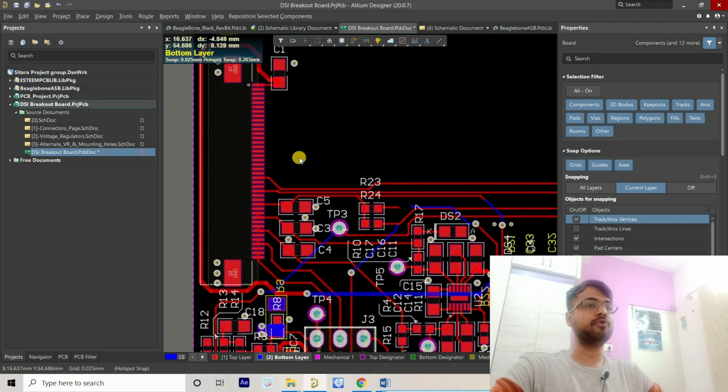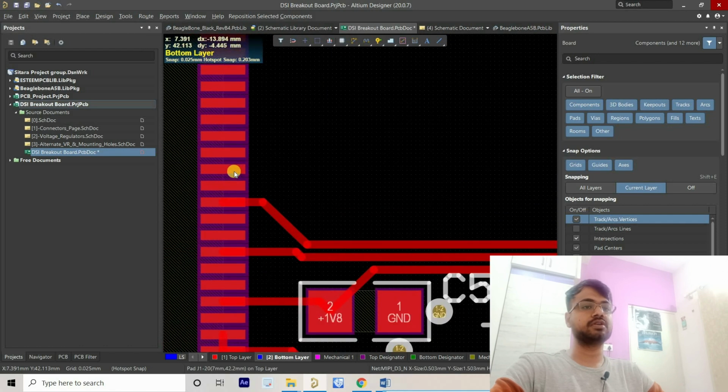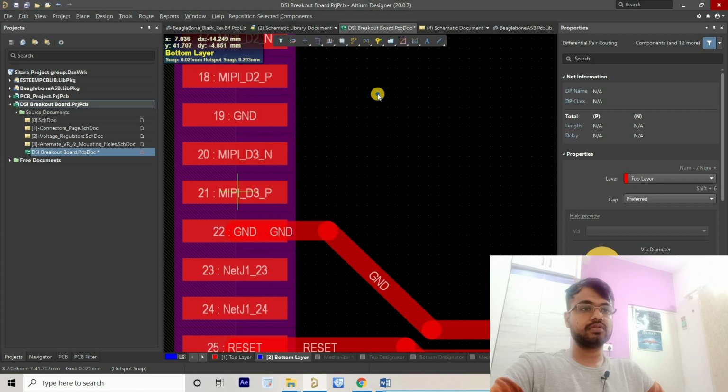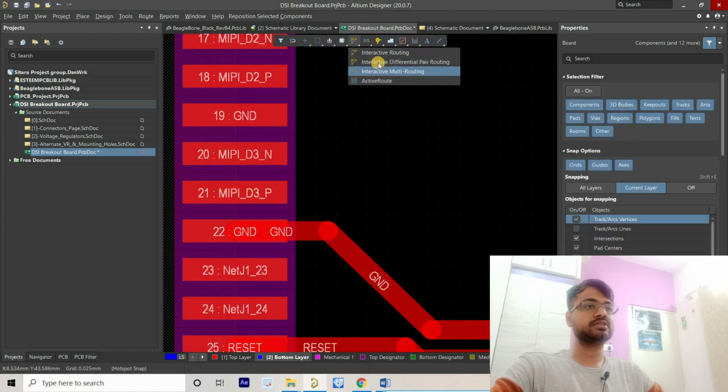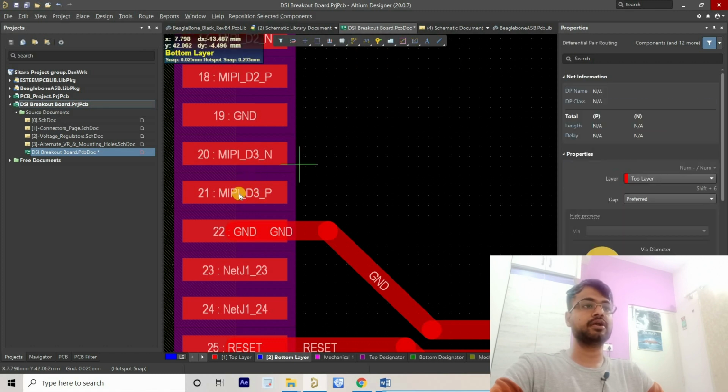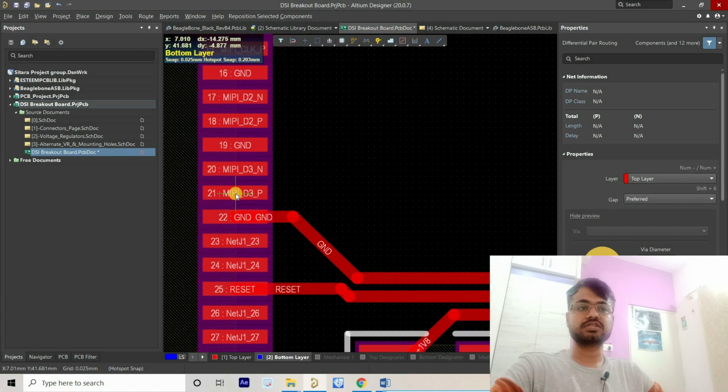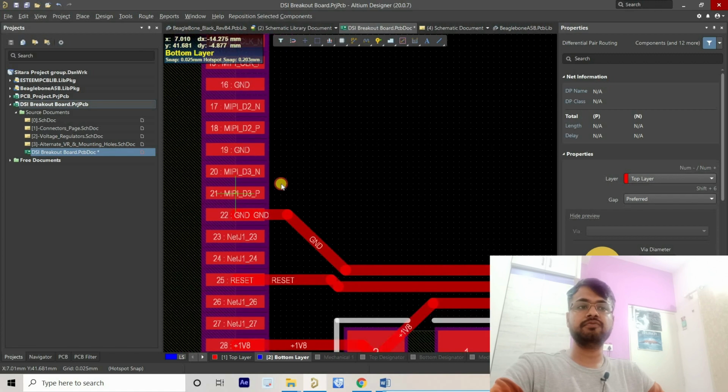Firstly, we will just route the differential connections like we do for normal boards. So I just selected the interactive differential pair routing, left click over any differential pair.